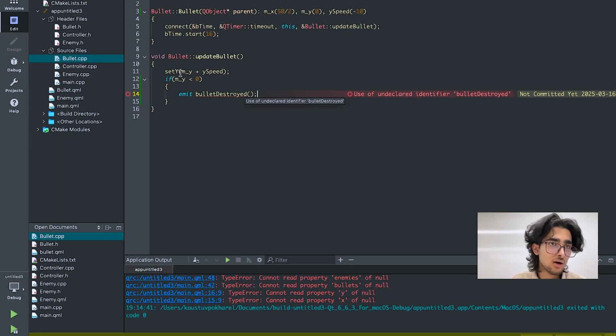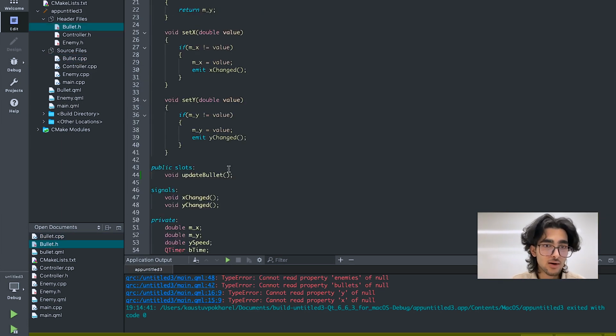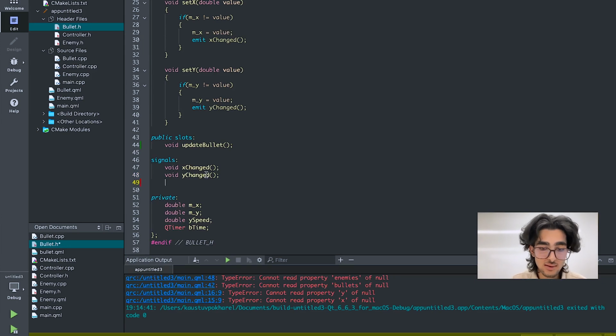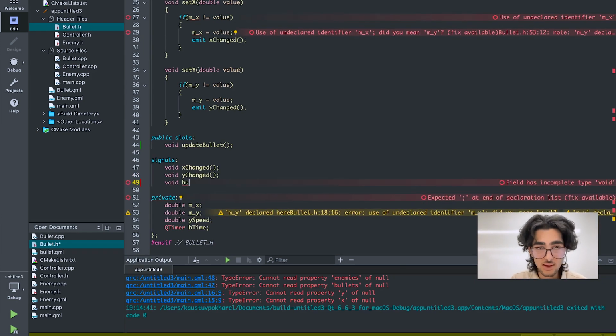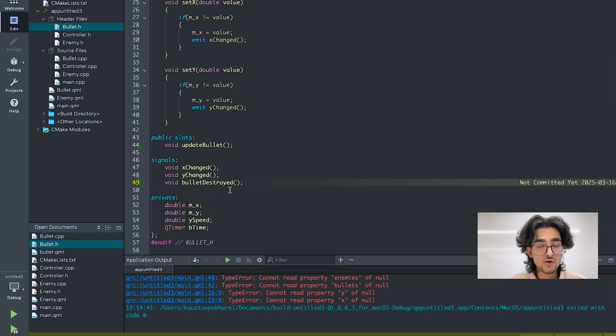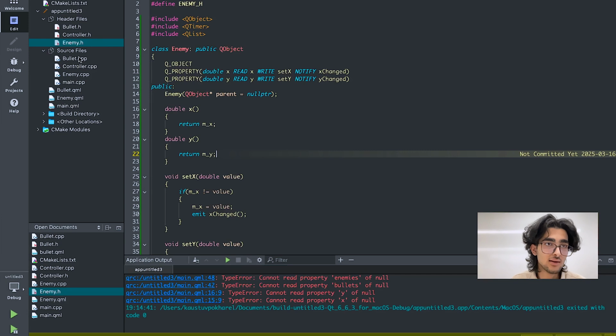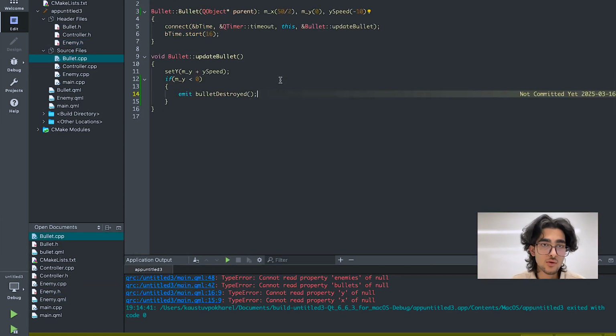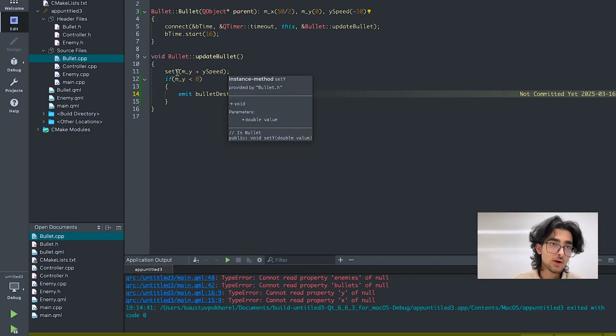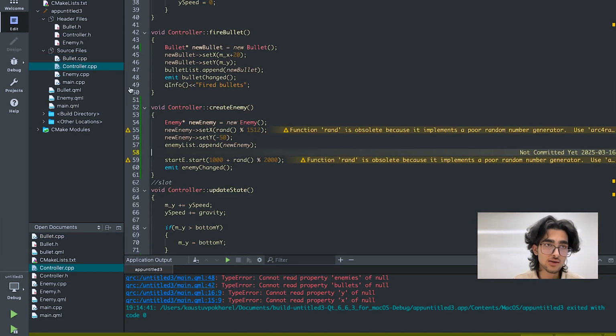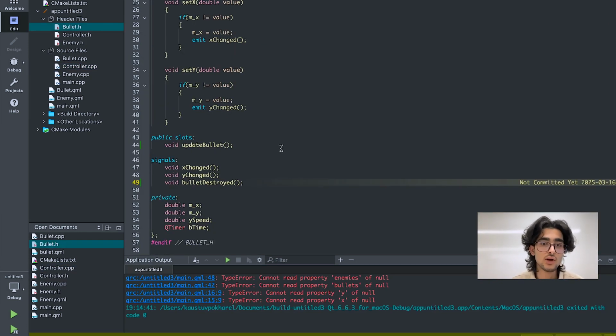As we have not declared this anywhere inside the bullet header, I'm going to quickly declare it inside signals. So I'm going to say void bullet destroyed, right? So why did I do this? Why did I create a signal instead of directly deleting the bullet inside the CPP right here? We cannot do that because our list, the bullet list where the instances of the bullets are stored, is inside our controller class, not inside our bullet class. So we need to connect our controller class with our bullet class,